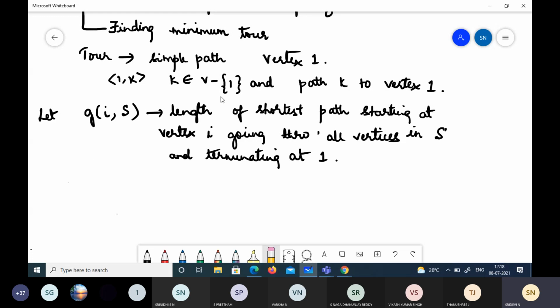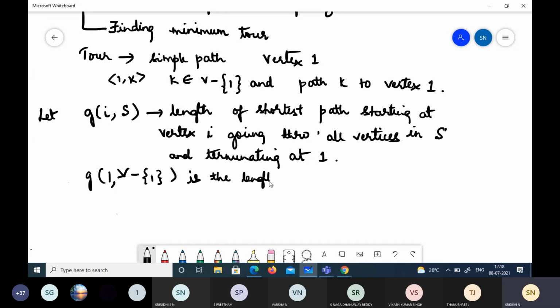Fine. So g of I comma S is the length of the shortest path starting at vertex I, going through all the vertices in S and terminating at 1, because 1 is where we start the tour and end the tour. So we need a simple cycle that starts and ends at vertex 1. And this g of 1 comma V minus 1 is the length of